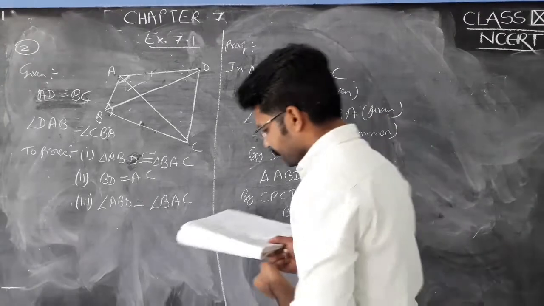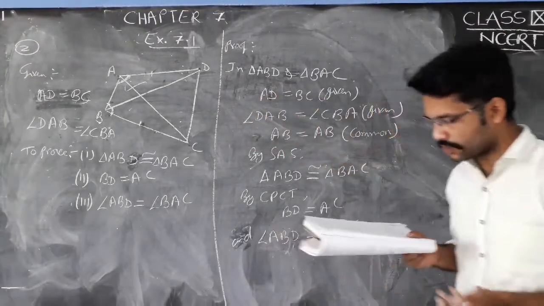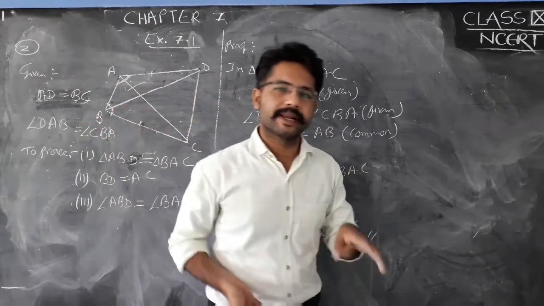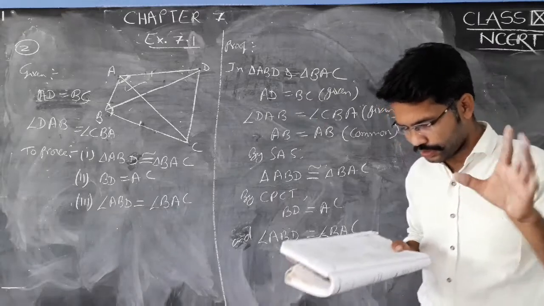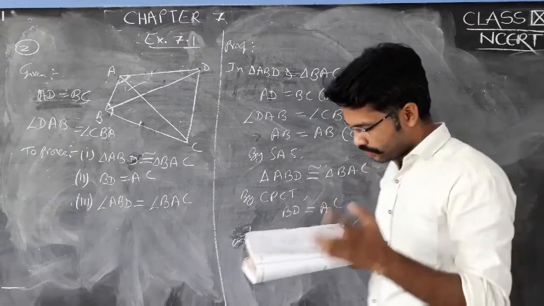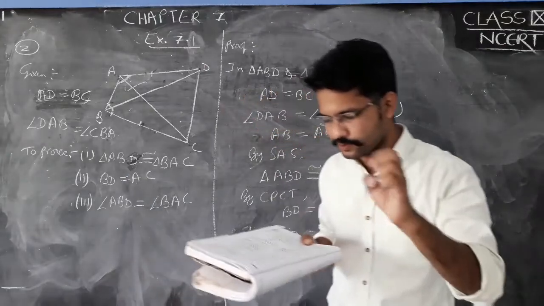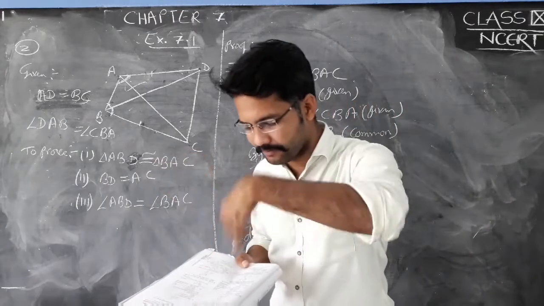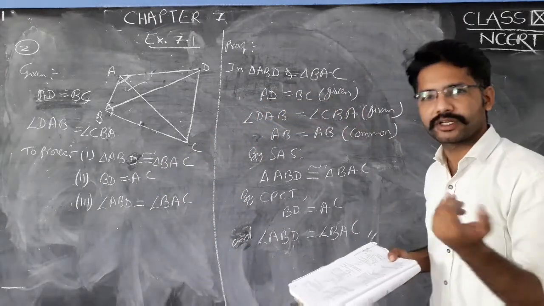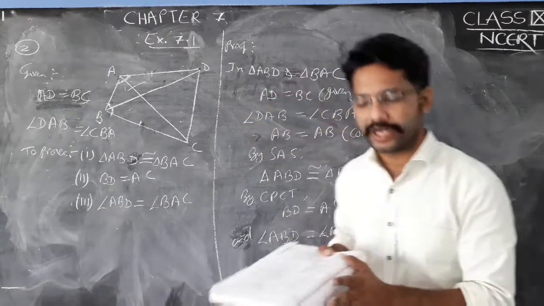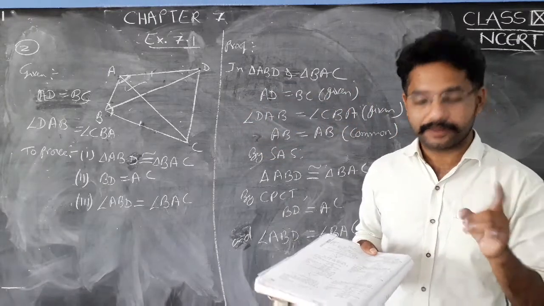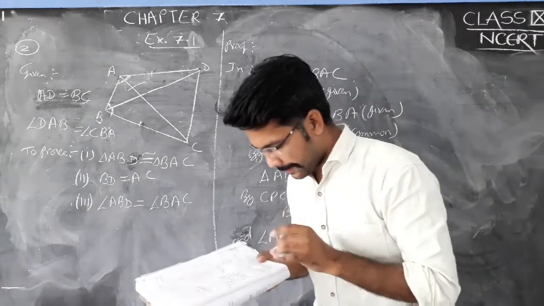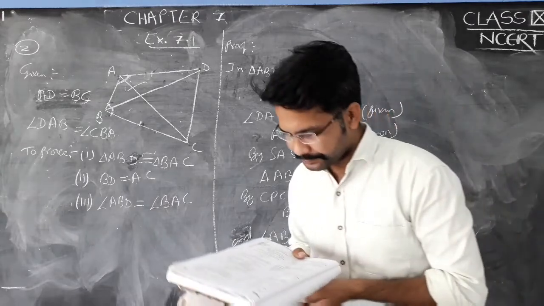Question number third is: AD and BC are equal perpendiculars to a line segment AB. Show that CD bisects AB. There also two triangles will be formed, and you have to make both triangles congruent. Use your textbook. You have to take triangle AOD and triangle BOC. You have to show these two triangles are congruent, and then the remaining things you have to show would come. Same thing, you have to use angle angle. In question number fourth also you have to solve.